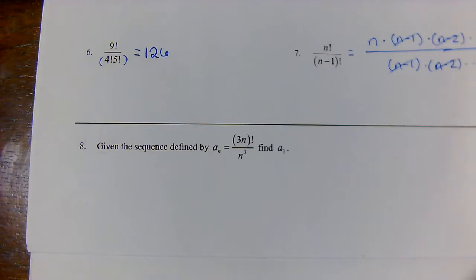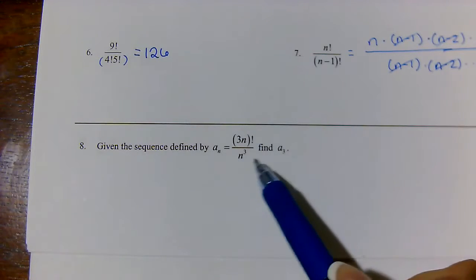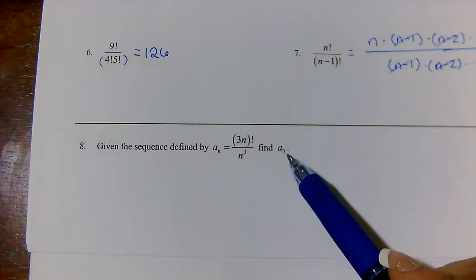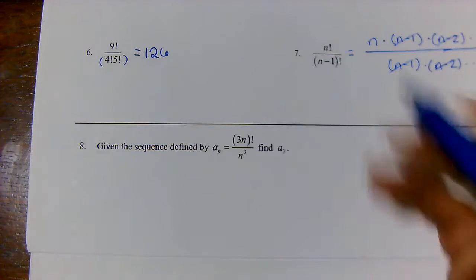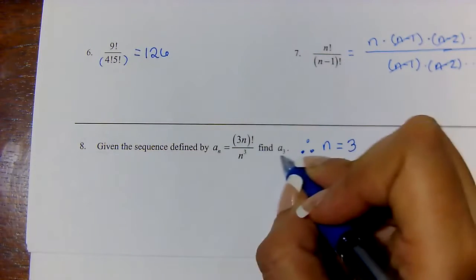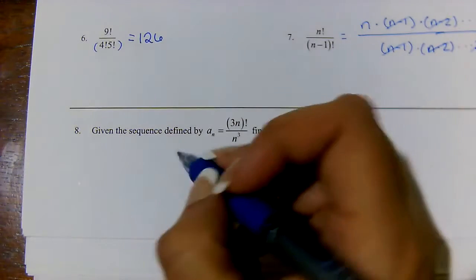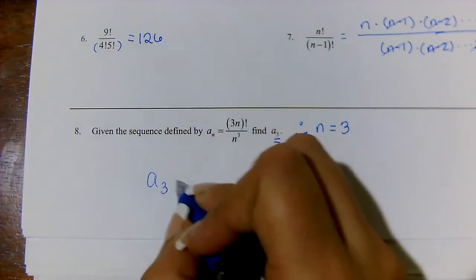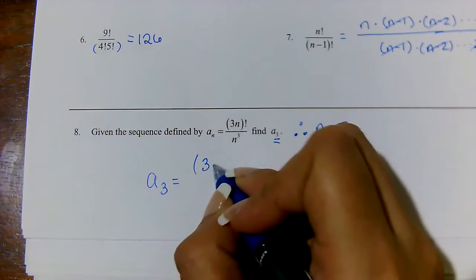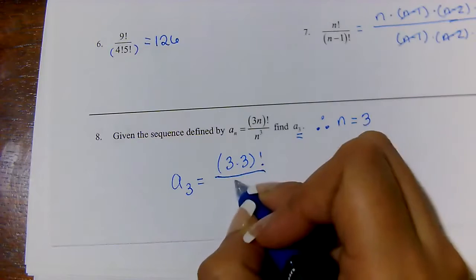All right, number 8. Here we go. Given a sequence defined by this, a of 3. Notice here it's specifically asking n to be equal to 3. I'm going to go ahead and put here, therefore, n is equal to 3 because of that little subscript there. So all I'm going to do is say a of 3 is equal to 3 times 3 factorial divided by 3